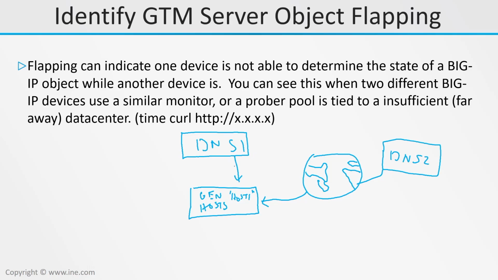These two are in a sync group together, so they're sharing statistics information, but they're both forced to monitor that generic host, and one of them is getting just crazy response time. And you can check that by maybe doing a curl, including the time,